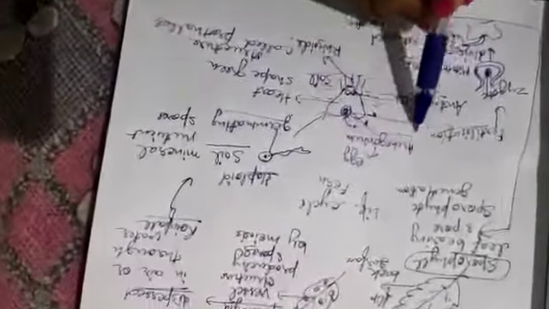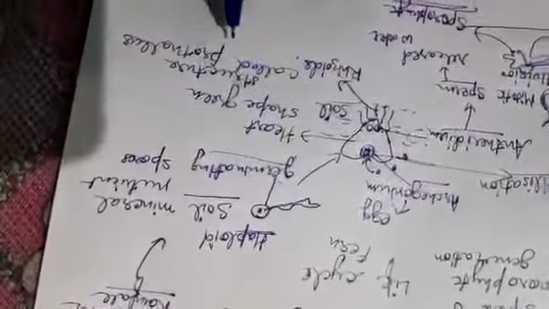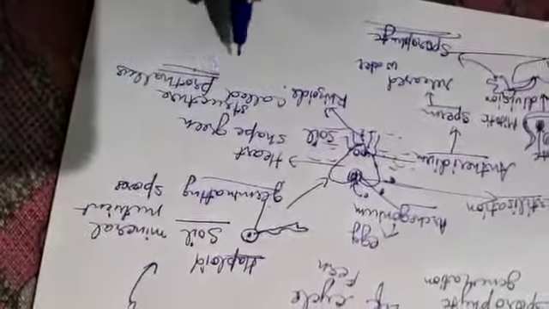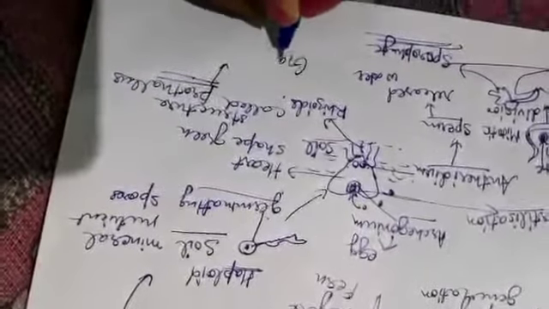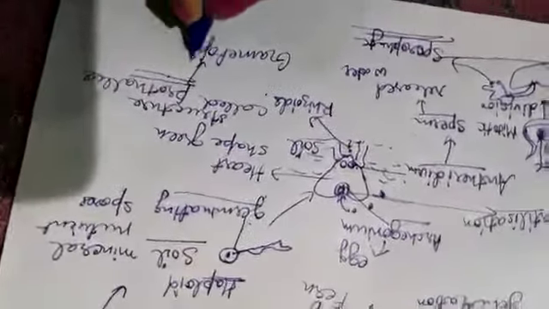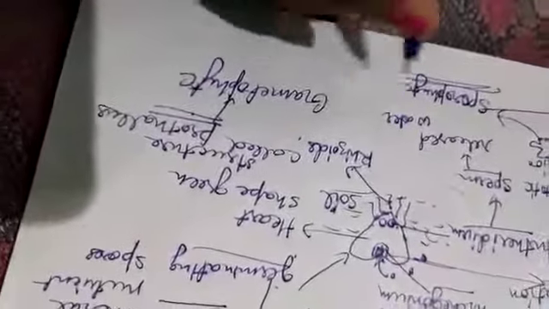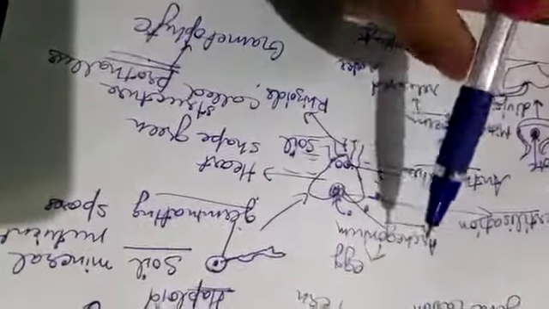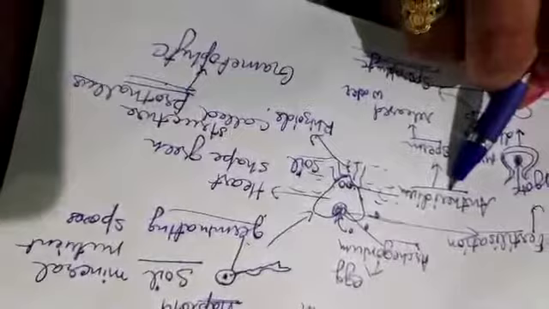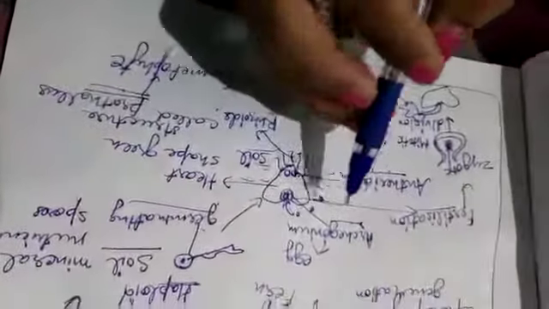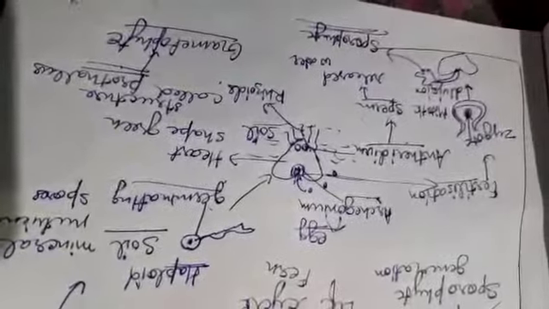Only for a short period is the prothallus there, and the prothallus represents the gametophyte, because it is a structure that has the sex organs, archegonium and antheridium, and it produces the sex cells, the egg and the sperm. Therefore it is the gametophyte. So this is the life cycle of the fern. This is how you have to learn it.